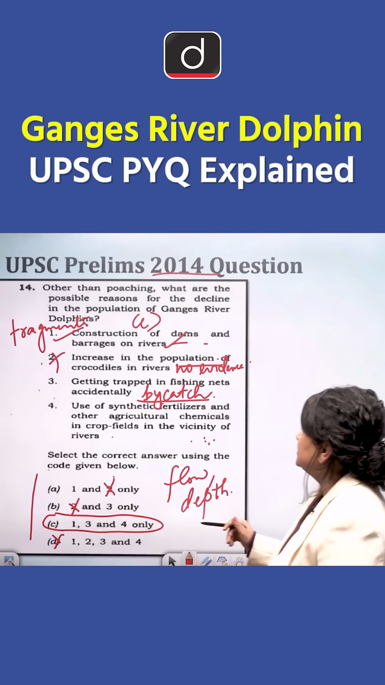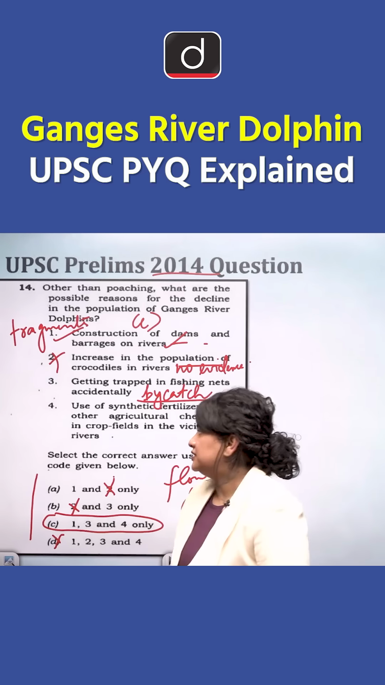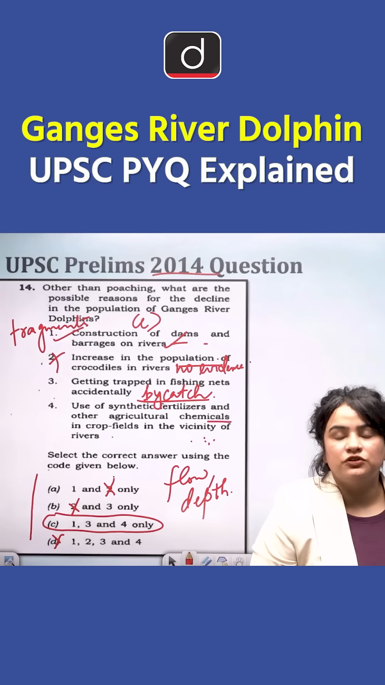Statement 4 says use of synthetic fertilizers and other agricultural chemicals in crop fields in the vicinity of rivers. This again is a very known threat